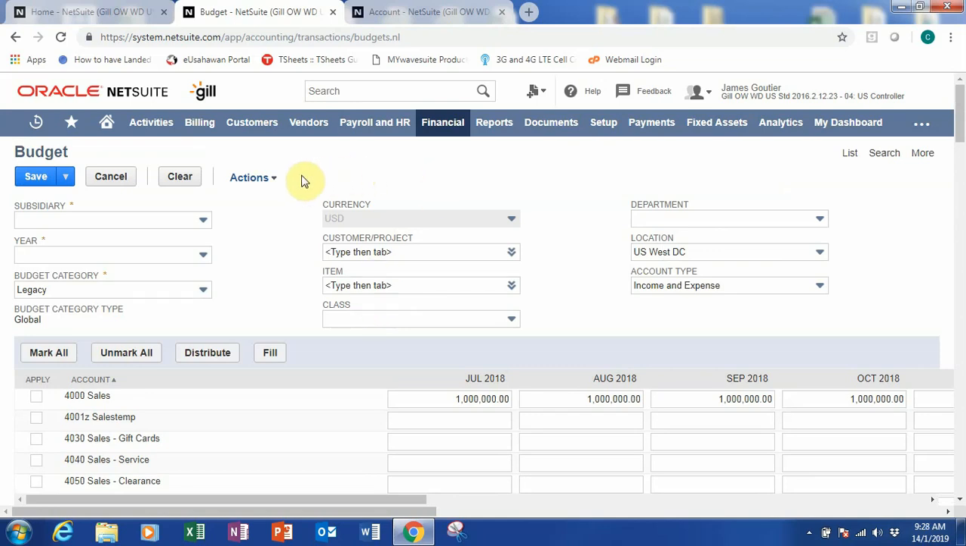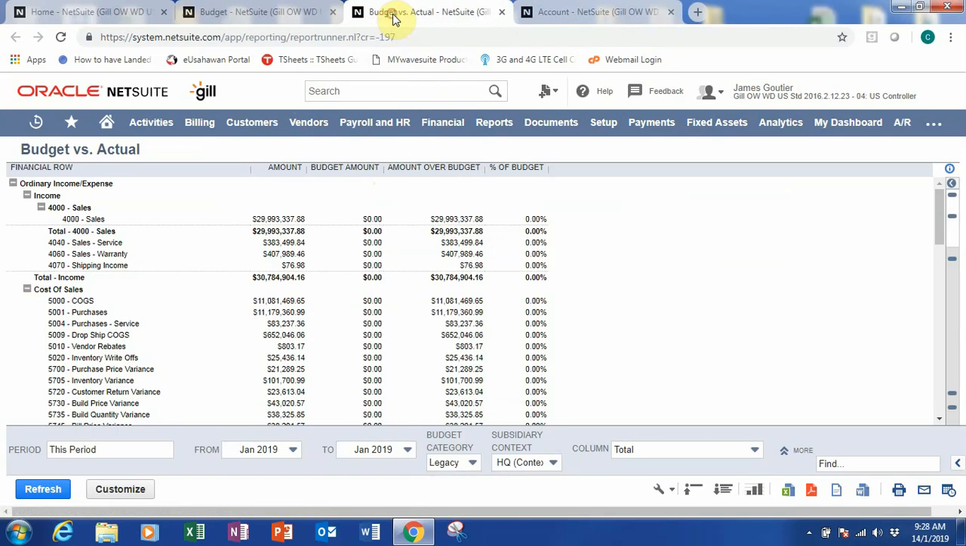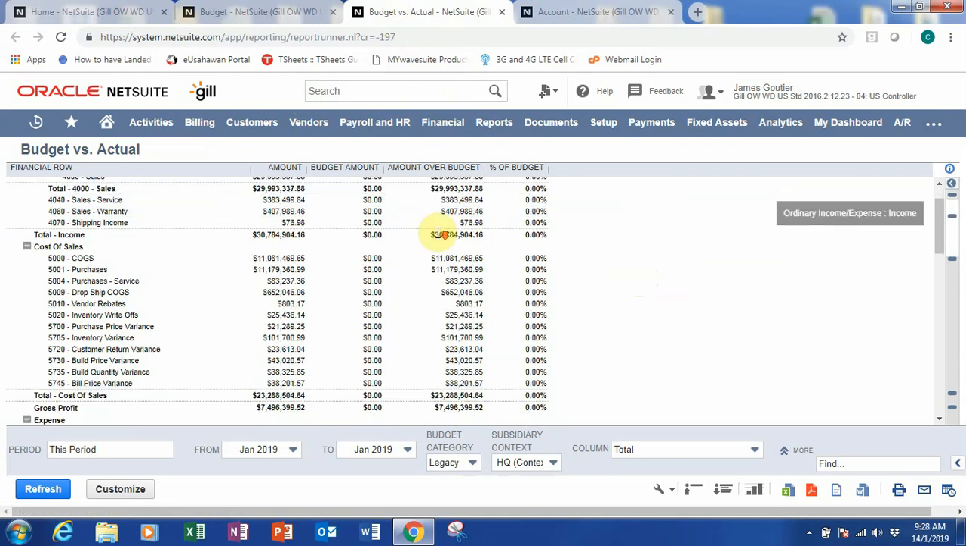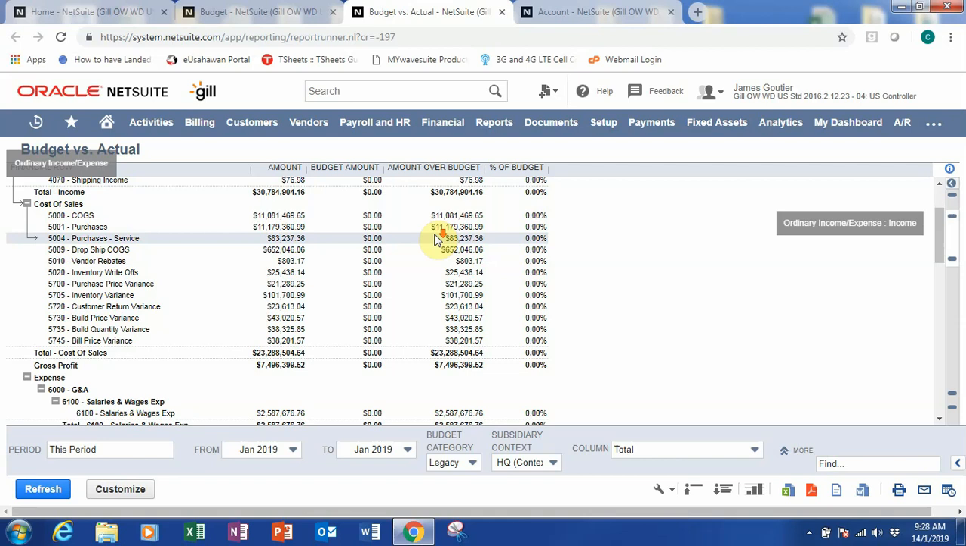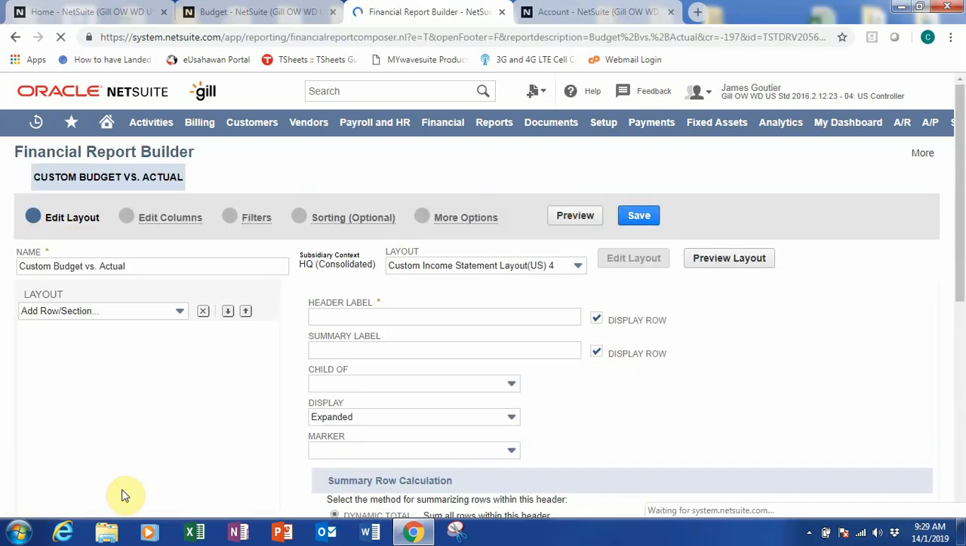and let me just show you quickly the budget versus actual here. So in the budget versus actual, you will be able to see a comparison whether is it over budget or under, still within the budget that you prescribed. And then of course you can customize your report,